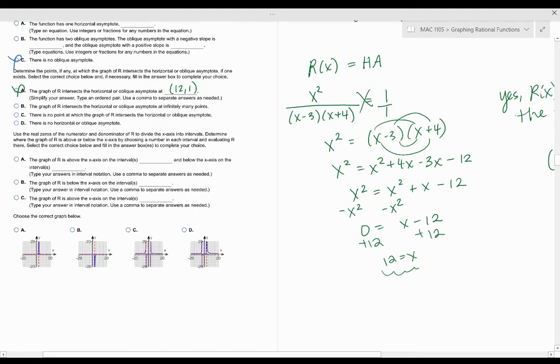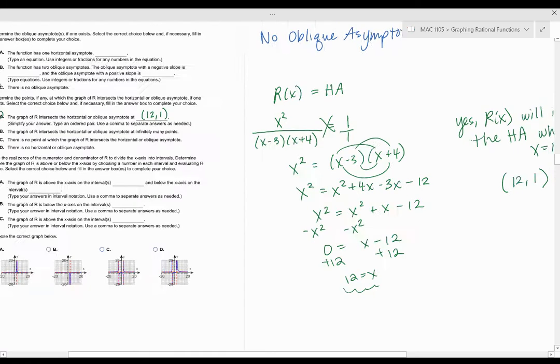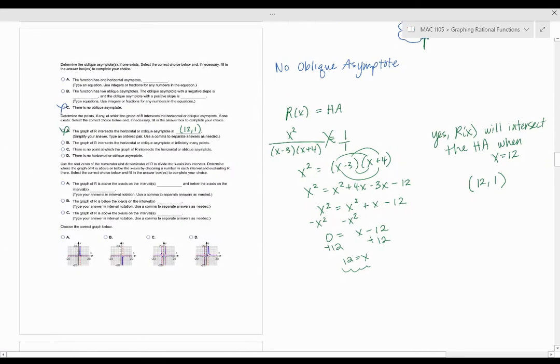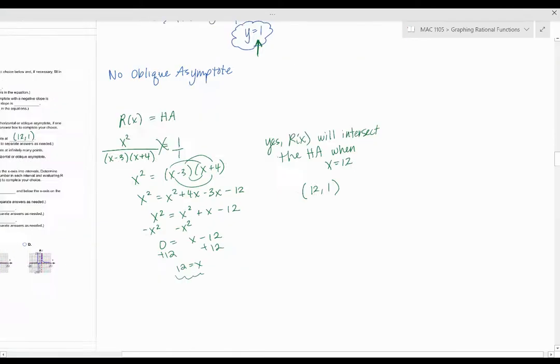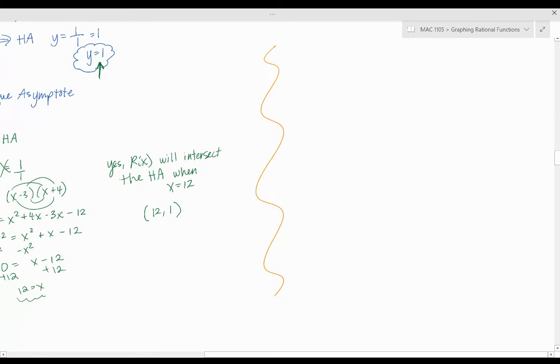The next part says use the real zeros of the numerator and the denominator to divide the x-axis into intervals. So we need to figure out where our graph is going to be below and above the x-axis. So let's change colors. When we're determining intervals where our graph is above and below the x-axis,